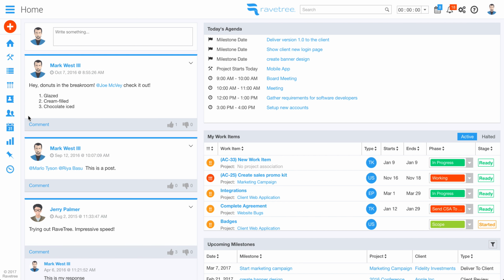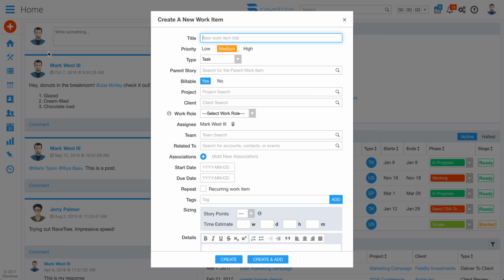All right, welcome back. Today we're going to learn how to create a work item on Ravetree. So we go over to the plus button, click on work item, and we get this work item form. So we'll give it a name. And we could go ahead and click save. We don't have to fill out any additional information, but we're going to look at these fields and see what